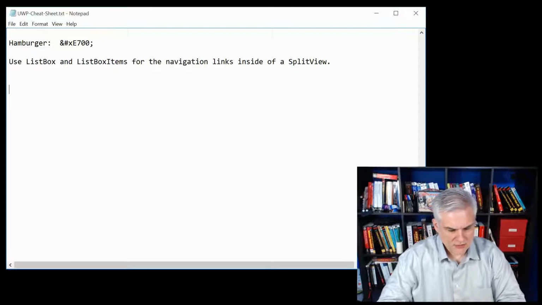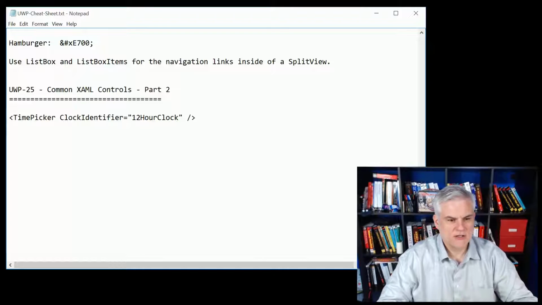All right, so let's go ahead and add to what we previously had here, looking at lesson number 25, talking about some of the additional common controls in XAML. Looked at the time picker. We noticed that it had a special clock identifier that allowed us to create AM, PM versus military time clocks